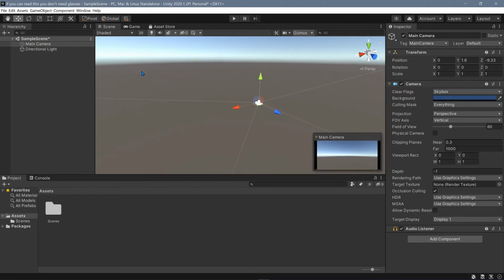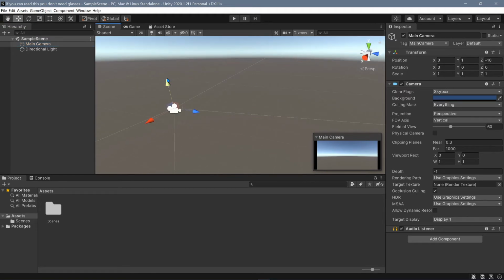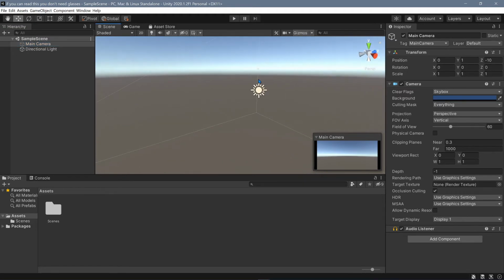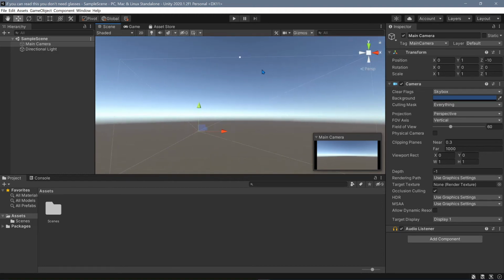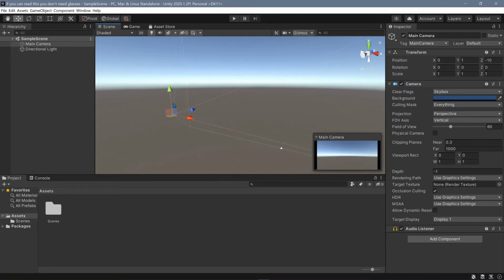Also notice, when I have the main camera selected, and I go into the transform component in the inspector, I can change its values from there as well. Also, notice how when I have the main camera selected, I can see the game view. Everything that the camera sees is what our game view sees. You can right click to rotate in the scene view, and if you zoom out a little bit with the mouse wheel, you can see the whole camera's view. Anything we put inside of there will be seen by the camera.